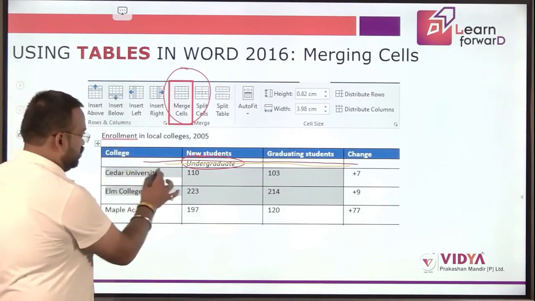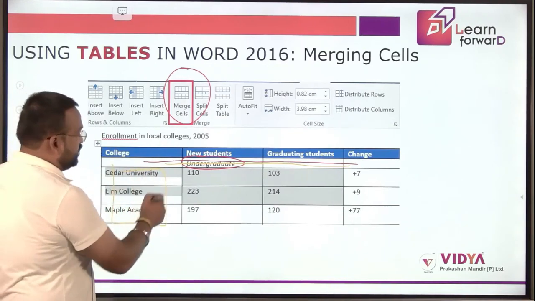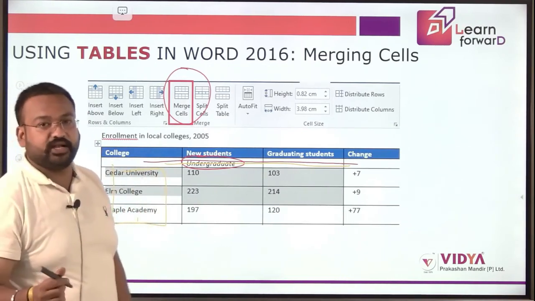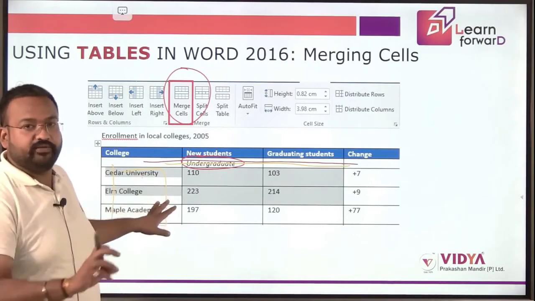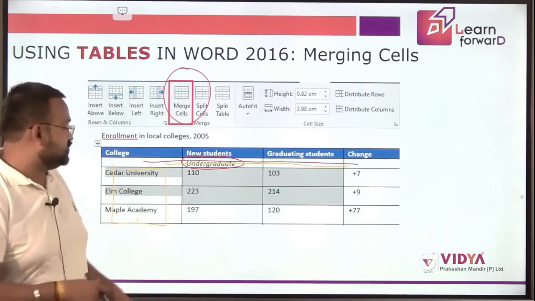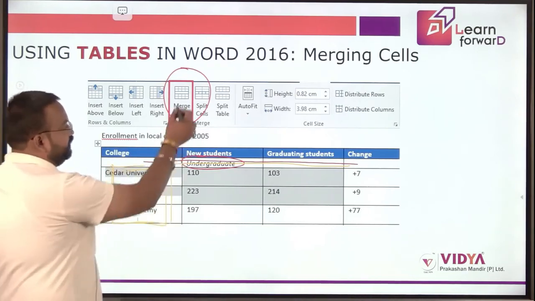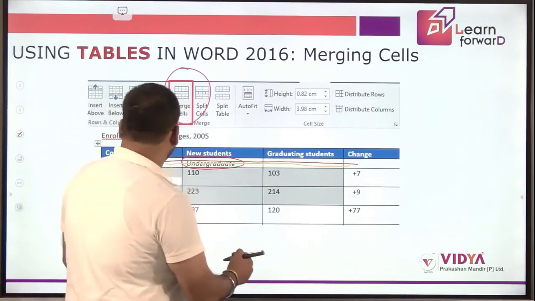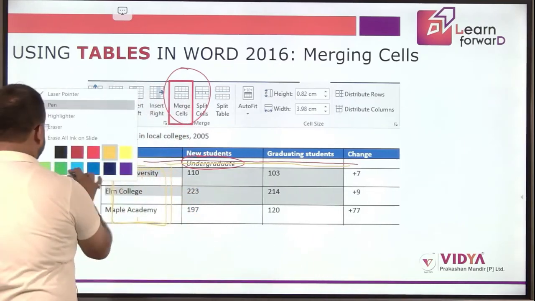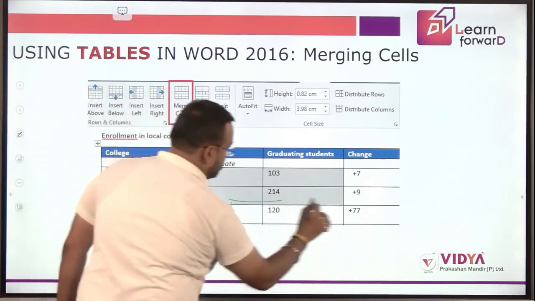If I select only these particular columns and rows, like I told you earlier, how we can select is simply press the left button of our mouse and drag it. If we drag it downwards, these particular cells would be selected. Once selected, if I click on this merge cell, my table would change. Let me select some other pen. So my table would look like this.